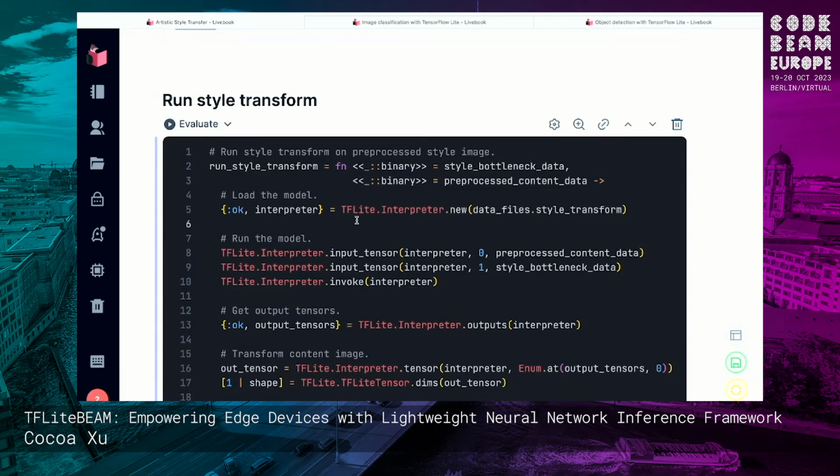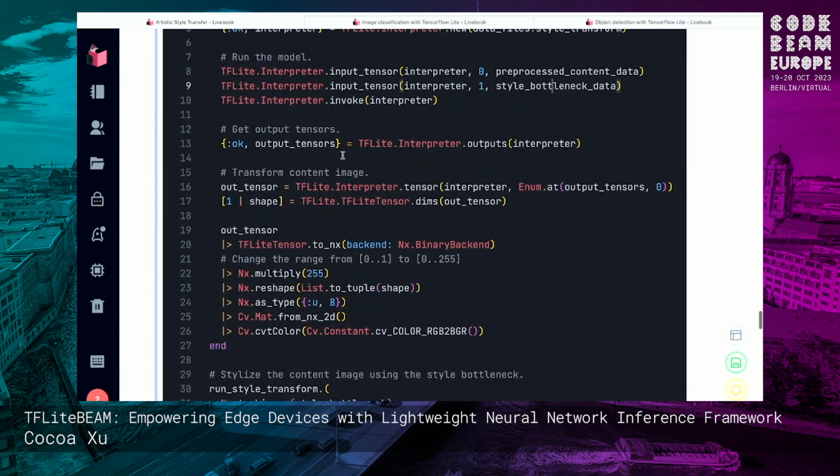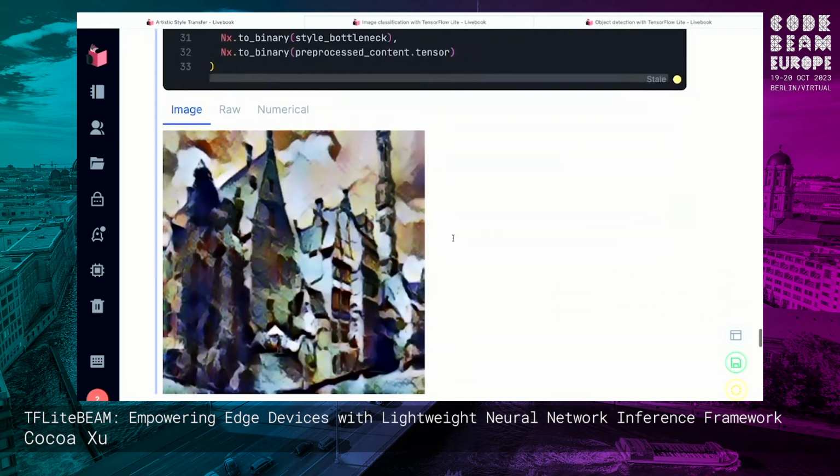So for this part, we first load the model and then we feed the pre-processed content image and the style bottleneck data, which is our style vector, to the input tensor of that model. And then we can retrieve the output tensors, and then we apply some basic transform, and we change the pixel value range from 0 to 1 to 255, and then we can see the